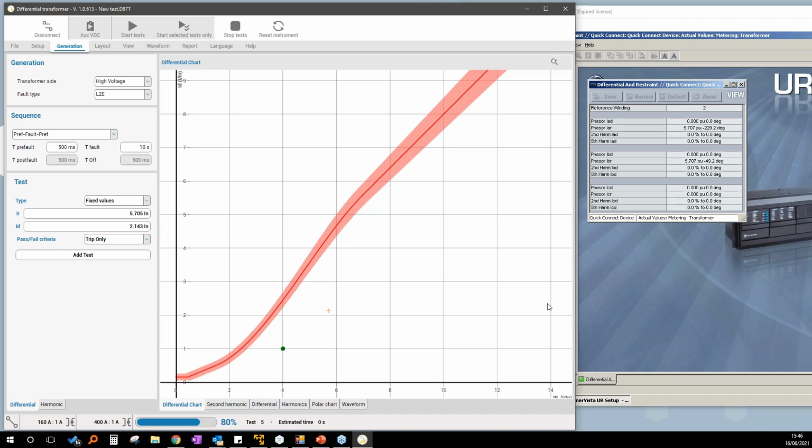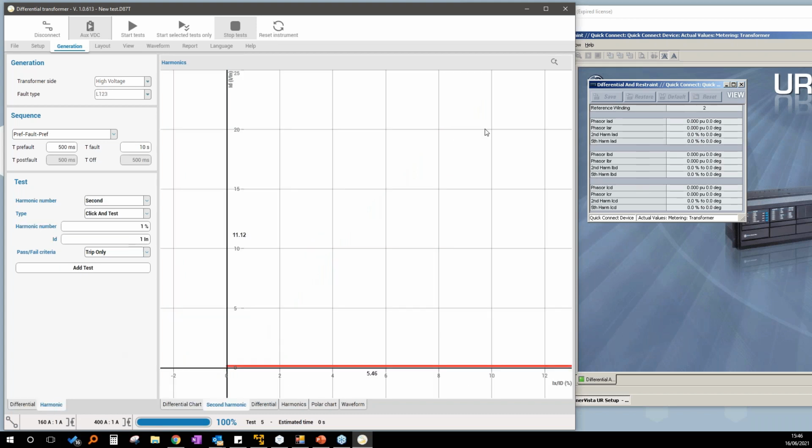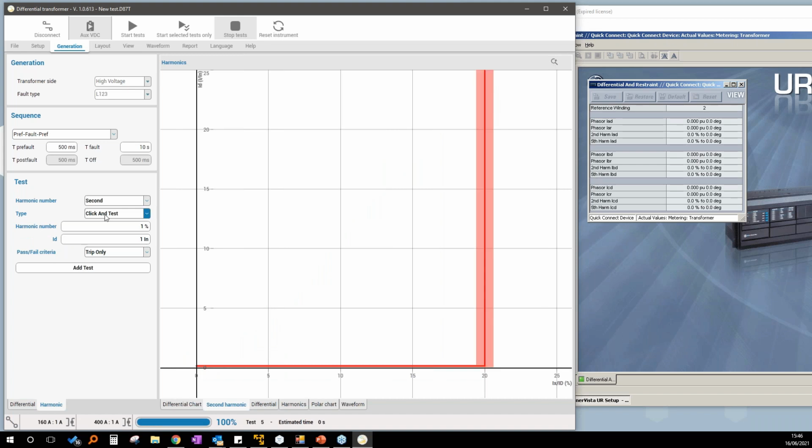We can do the same with harmonics, because here you measure the percentage of harmonics. So it's enough to come to this part, then fixed values. Let's say that I want to do 25%. Maybe a little bit more differential current, say 3 or 4.